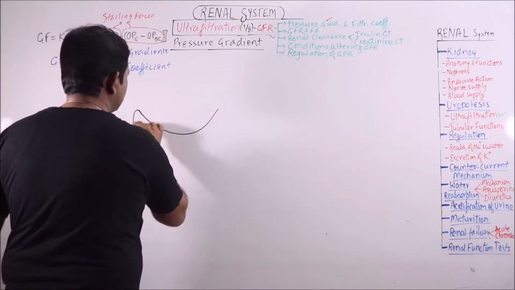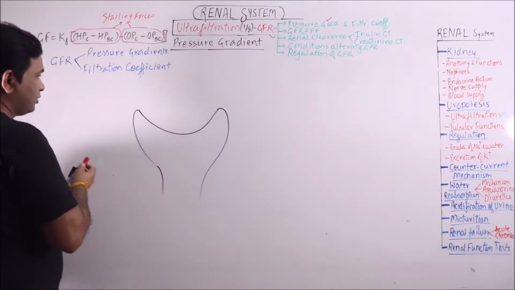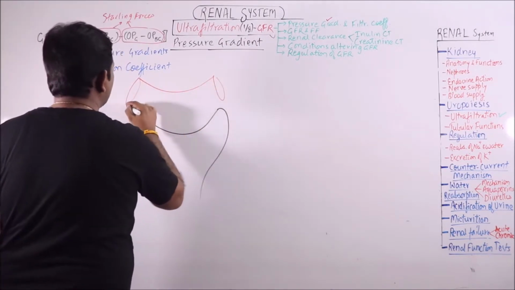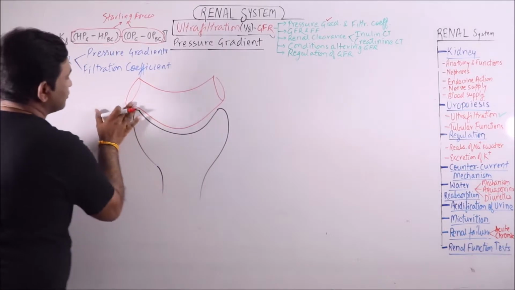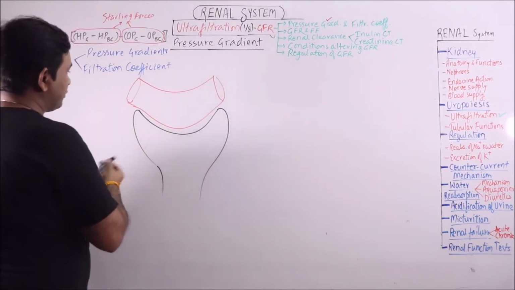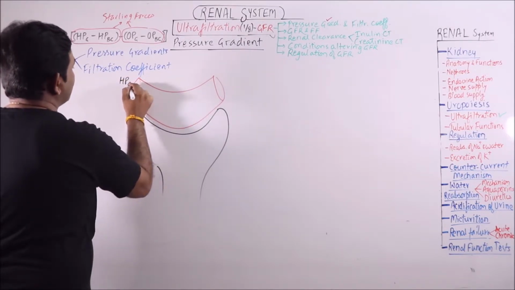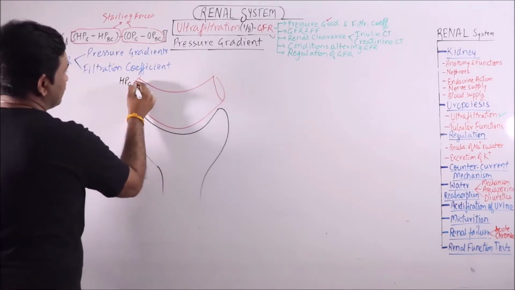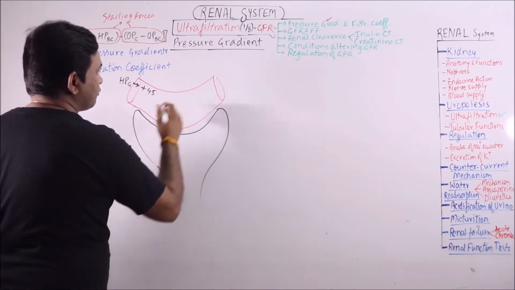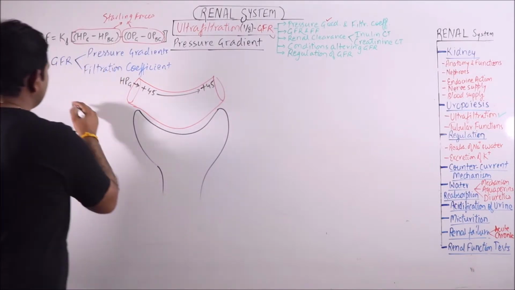This is Bowman's capsule and this is a capillary of glomerulus. Now the first pressure, that is hydrostatic pressure in glomerulus, that is HPG. If we calculate this, it comes out to be plus 45 millimeter of mercury, which remains constant throughout the glomerulus,